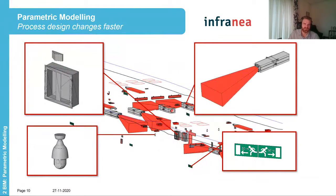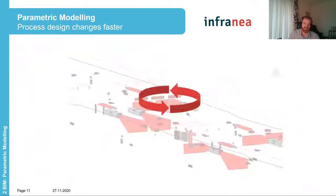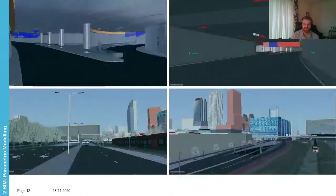And it allowed us to update the design very quickly when changes occurred. So by running the script again, we were able to change the parameters and change the location of all the DTIs throughout the tunnel. So that in turn allowed us to process design changes faster. By using this method, we've created a model that represented the new design of the refurbished tunnel,